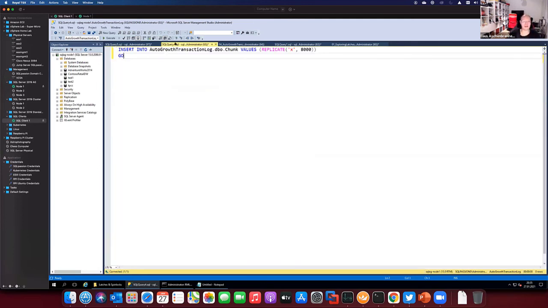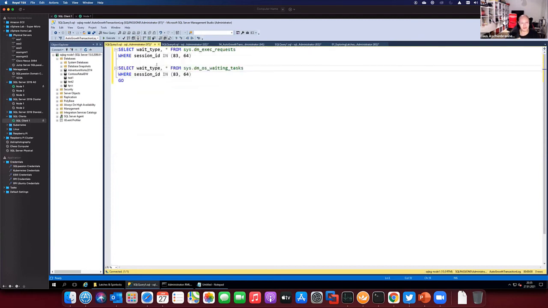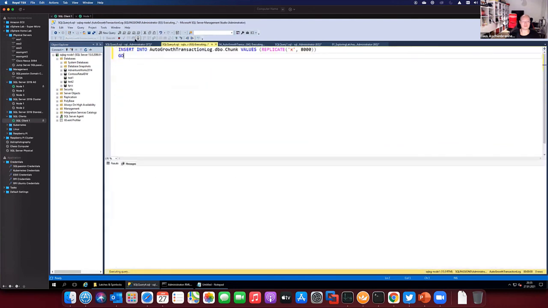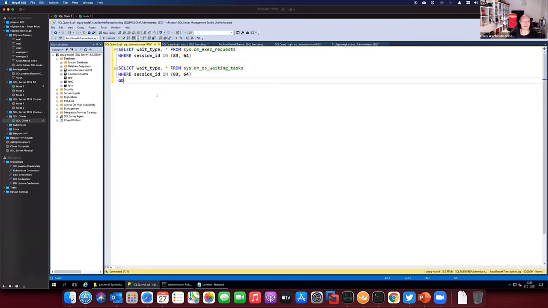And during that time, we are trying to insert in a different session another record into that table. Means we are trying to access the transaction log, but the transaction log is currently latched. Therefore, that insert is just waiting on a non-buffer latch on the transaction log. And in the third session, we will use just a few dynamic management views to show you which session is waiting on what. So let's try that. As you see, the insert is waiting. And now,